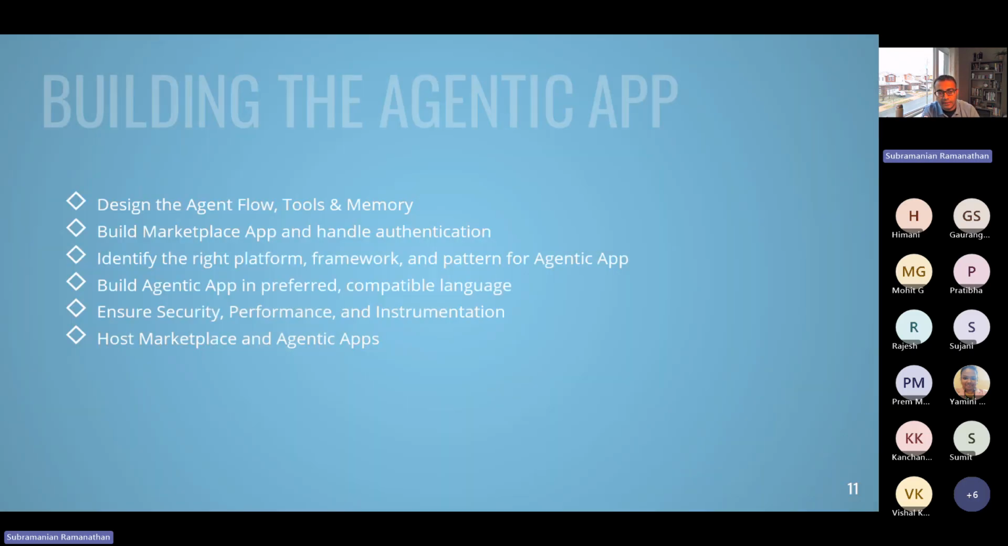So these are the practical steps if you want to build an agentic app. The first one is you have to design the agent flow. You have to look at the business process, look at what steps are involved, break that down into multiple goals, and then assign those agents and find out what tools and memory you have to put in place. And then you have to build the marketplace app and handle the authentication, which is important. You have to go with either built-in authentication or custom authentication, and then identify the right platform, framework, and pattern for the agentic app. So if you go with Gradial or you have to build your own, depending on those pros and cons, you have to decide what is the right platform or framework, and